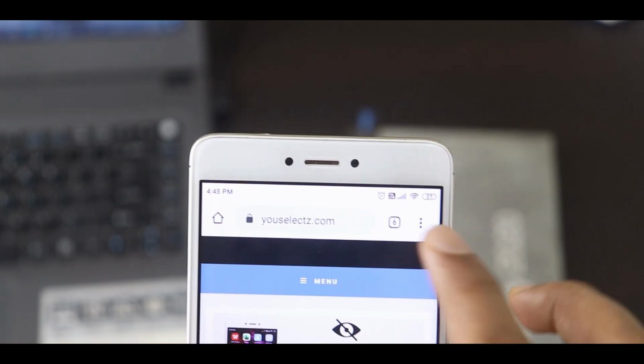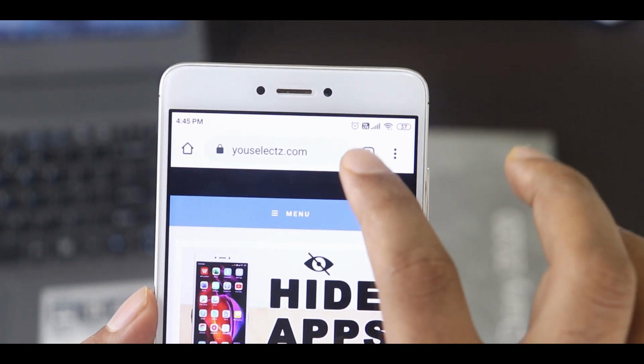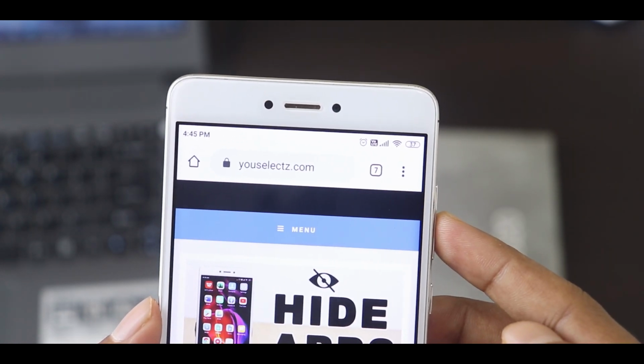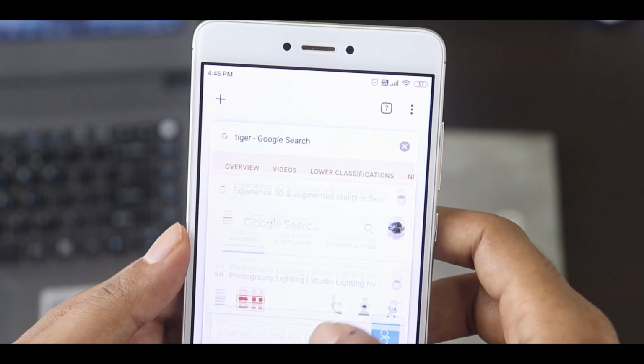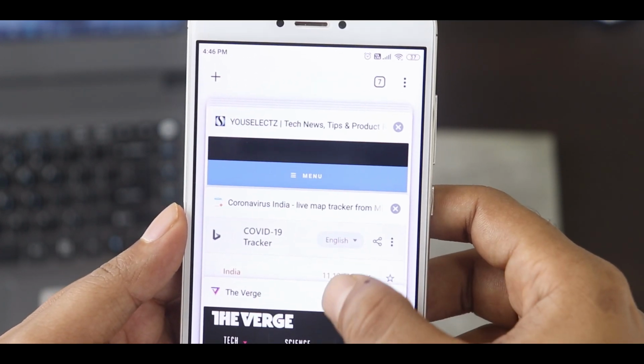If you want to go back to your previous website, then swipe right or swipe left. This way, you can switch between each tab and access all the websites easily. There is another method where you can just tap onto this number and it will show you the websites that you have opened previously, and you can access any of them from here.